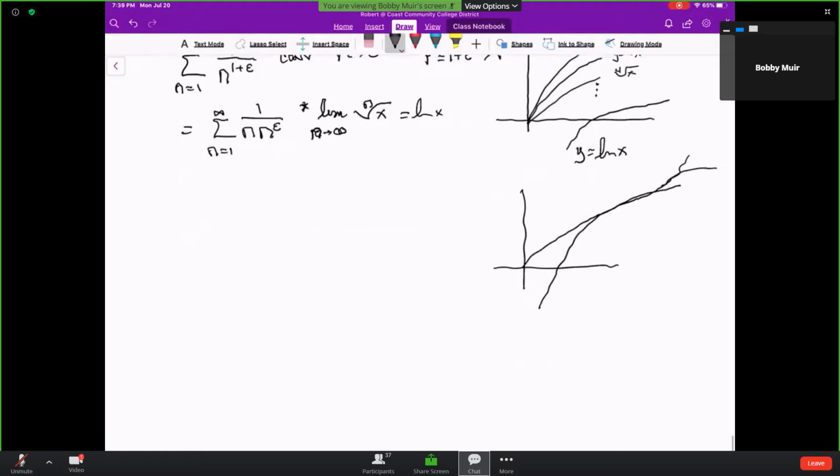So maybe what we'll do is put the thing that's underneath that and see what happens. The question is, if I put the logarithm under here,